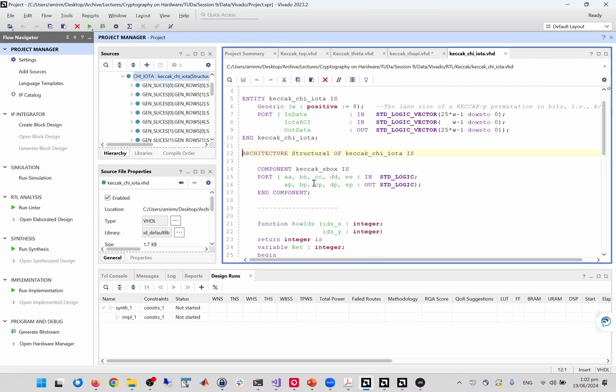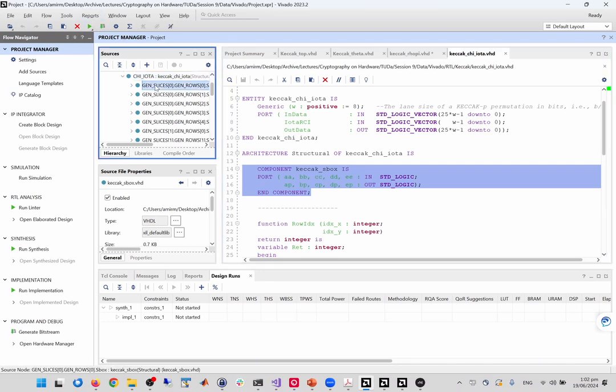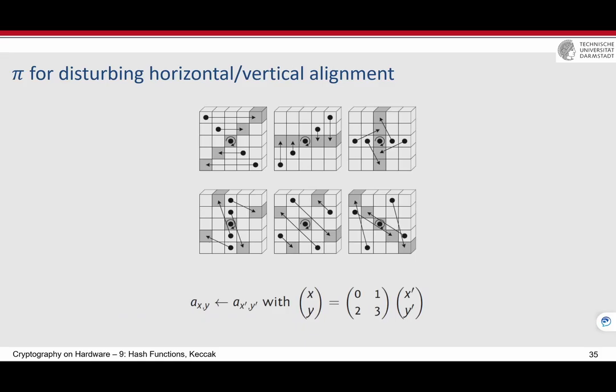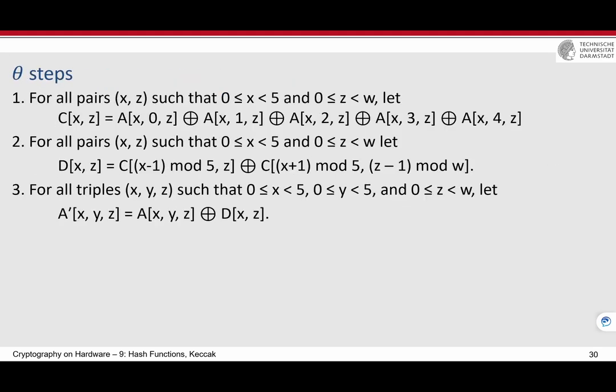For the chi, we have defined a Keccak S box. As I said, this is a kind of substitution box. And what is this S box? It actually receives 5 bits and generates another 5 bits. And this is what you have already seen